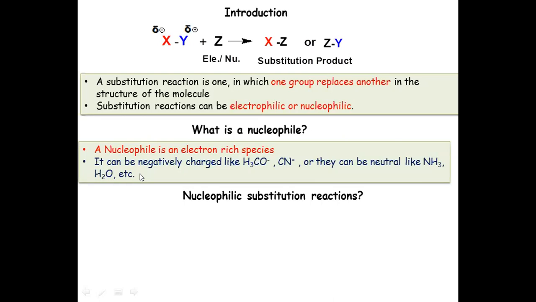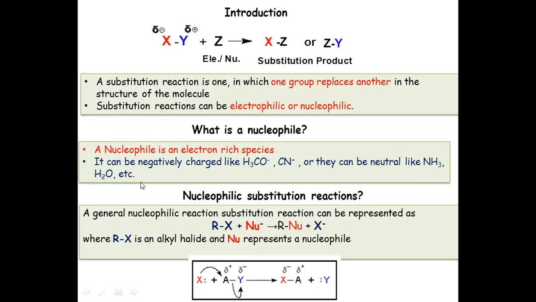Now, whenever a nucleophile takes part in substitution, that reaction will be called nucleophilic substitution. So, in general, I can represent the reaction in this manner. Let us take some general molecule RX. Now we know that RX has a polar covalent bond. X carries partial negative charge and R carries partial positive charge. If it reacts with a nucleophile, then the nucleophile attacks this R because it is a positively charged center, and you get a product where now X is replaced by the nucleophile, and therefore we call this a nucleophilic substitution reaction.